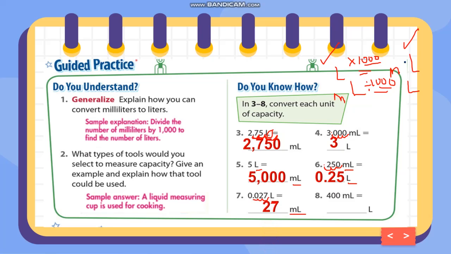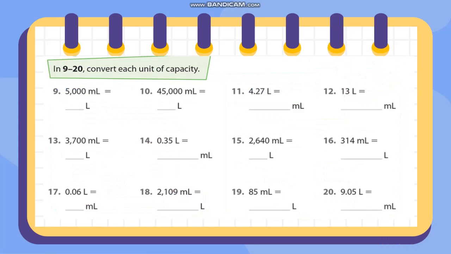And I have 400 ml, or 400 milliliters, that I'm going to convert into liter. So milliliter to liter means divide by 1,000. Divide, so no decimal from the given. I will start from the end. 3 movements going to the left. So my decimal is there. So the answer is 0.4. Okay? So next,